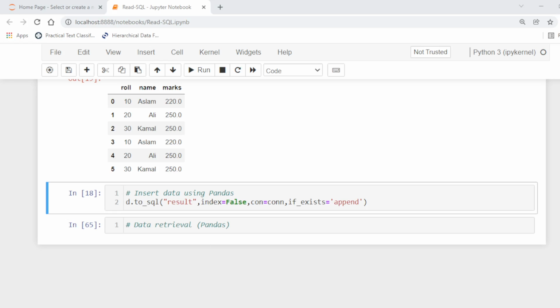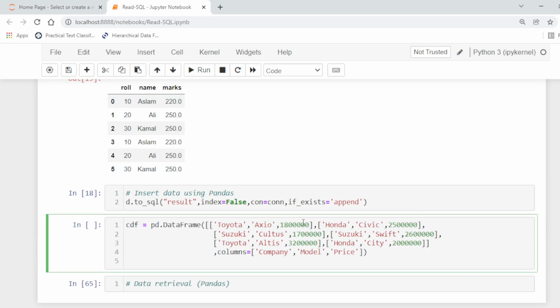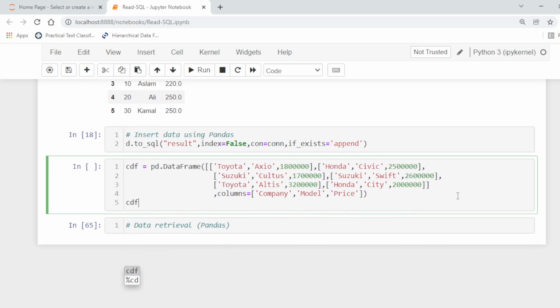Similarly, if we have, for example, a data frame, here we have a data frame, for example, CDF. This is our data frame, and now we want to insert this data frame into the database.